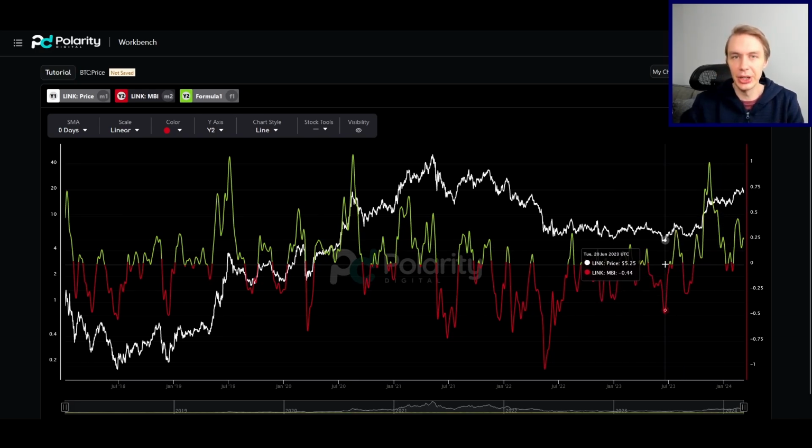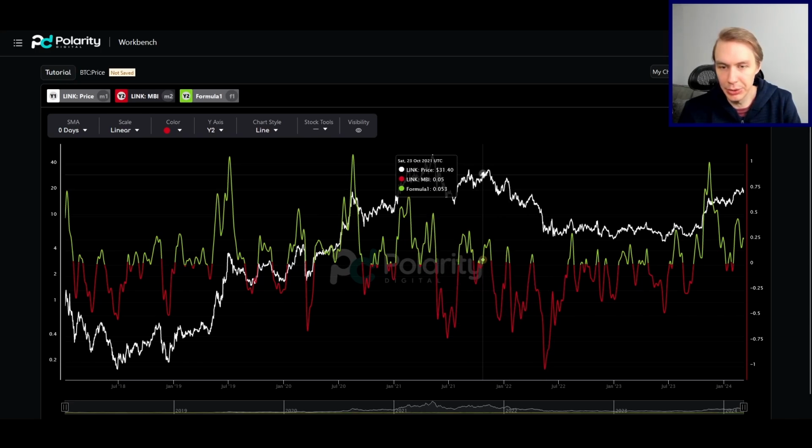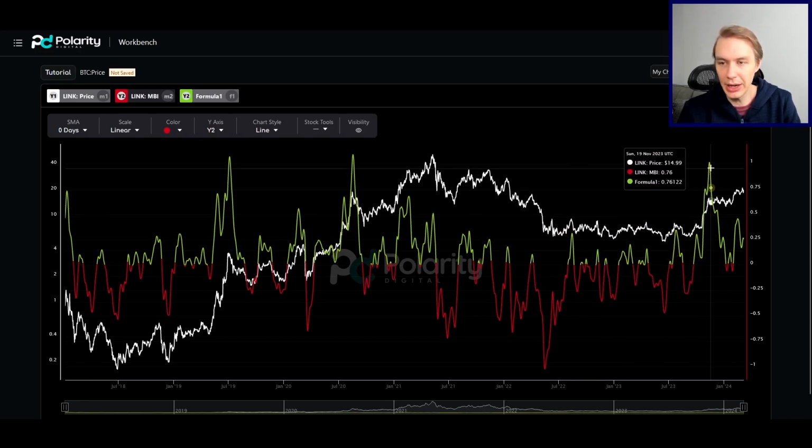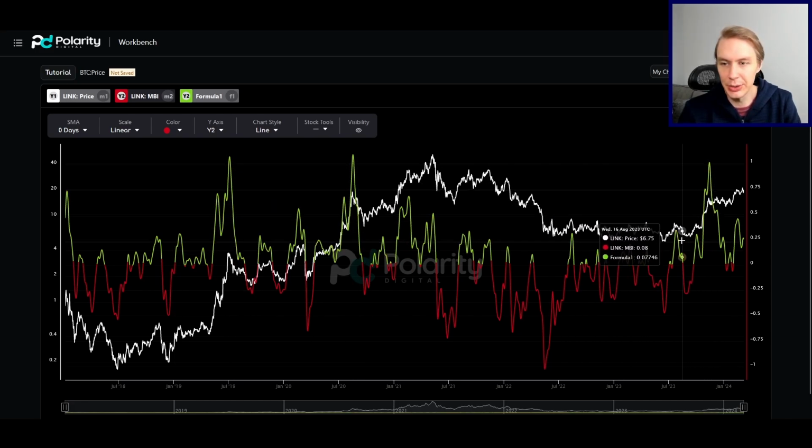And so that's what I'm seeing really clearly in the MBI right now for Link. That we went out of this bear market, which was basically through this whole point, where this was very clearly bear market behavior. Then we started oscillating around zero, this entire range that we got stuck in for so long. But now with this expansion, we've now gone back up to these levels that we really haven't seen since bull markets, which might suggest this is the first expansion in a broader bull market.